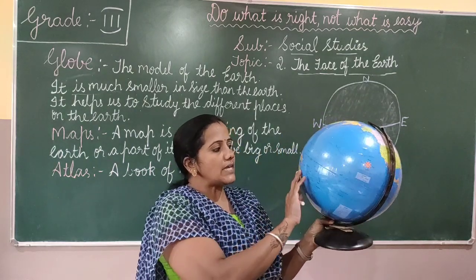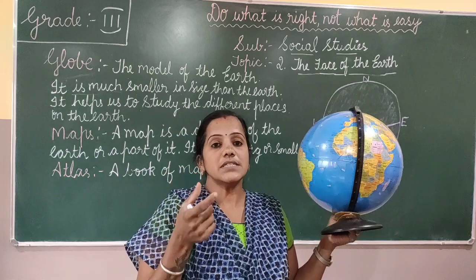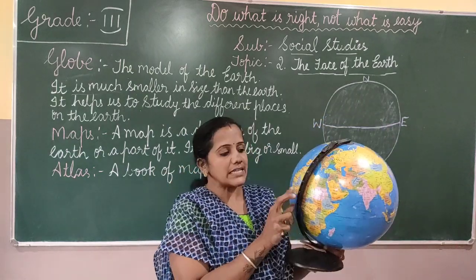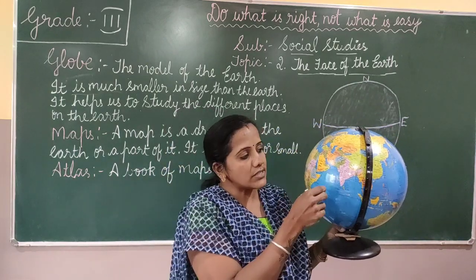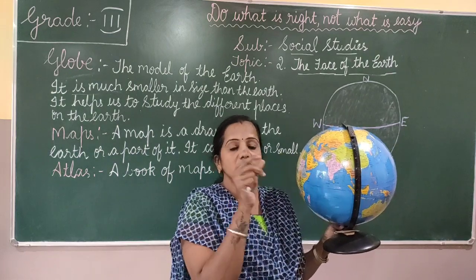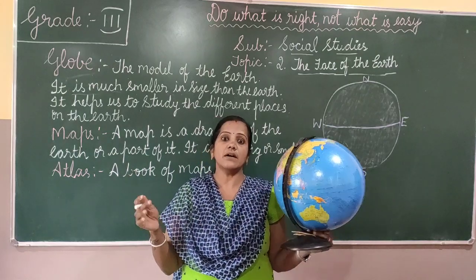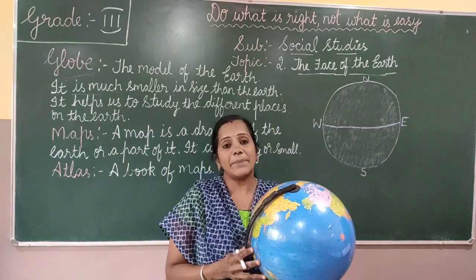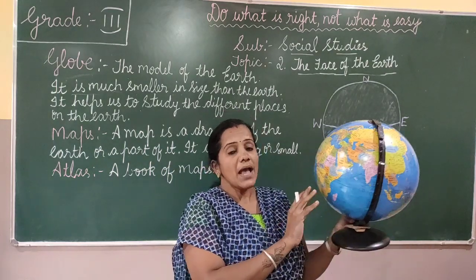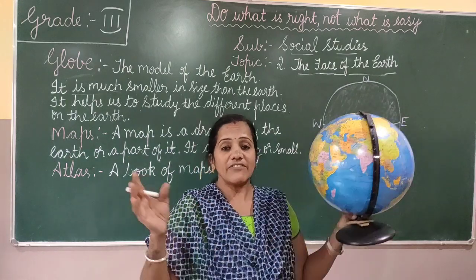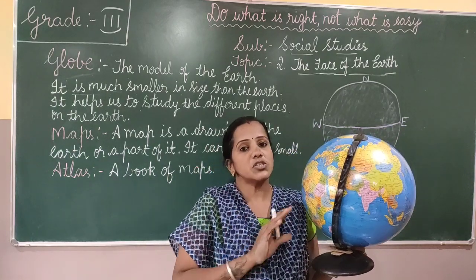In this we can see only the places like that. If we want to search a particular area of a country, for example, now you can see our India here. If we want to search Bangalore in this, it's not possible to find a particular area of a country in this globe. If we want to do that, we have to make a very big globe. What will happen? It will be very difficult for us to carry from one place to another. Now this globe I can carry from one place to another, is it? If we make a very big globe, it will be difficult to carry.